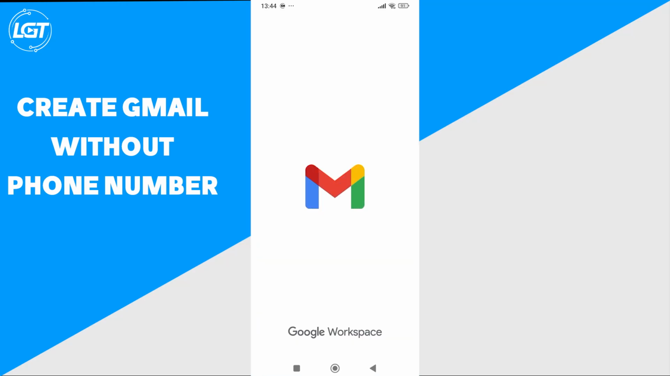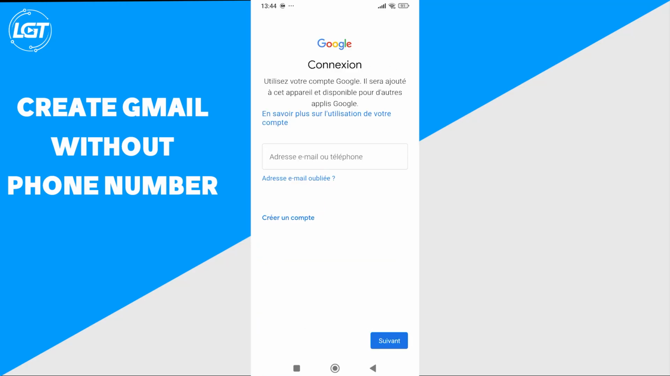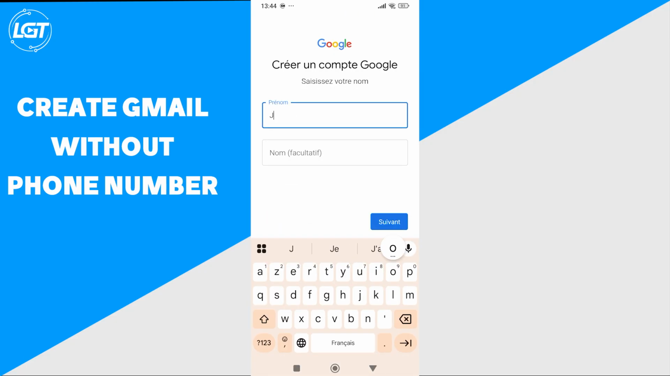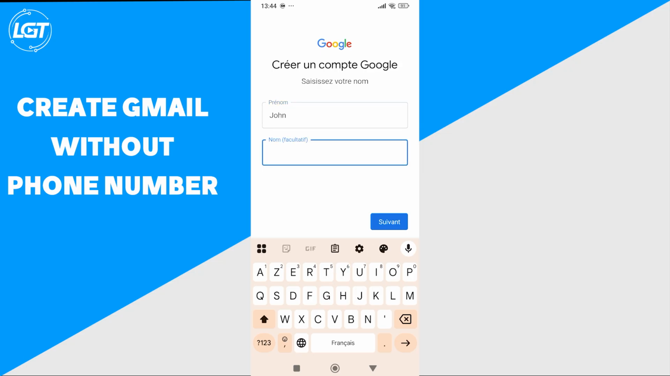Today we will show you how to create a Gmail account with a phone number in Android. Here just click create account and here put your name, and if you want you can put your last name. Okay, click next